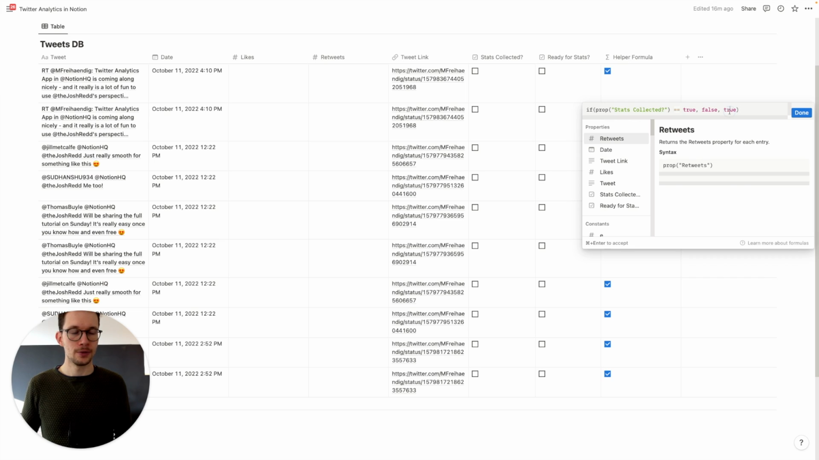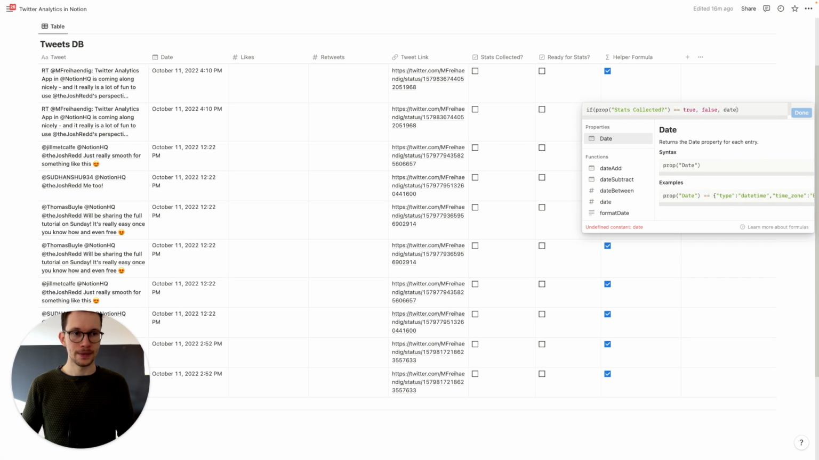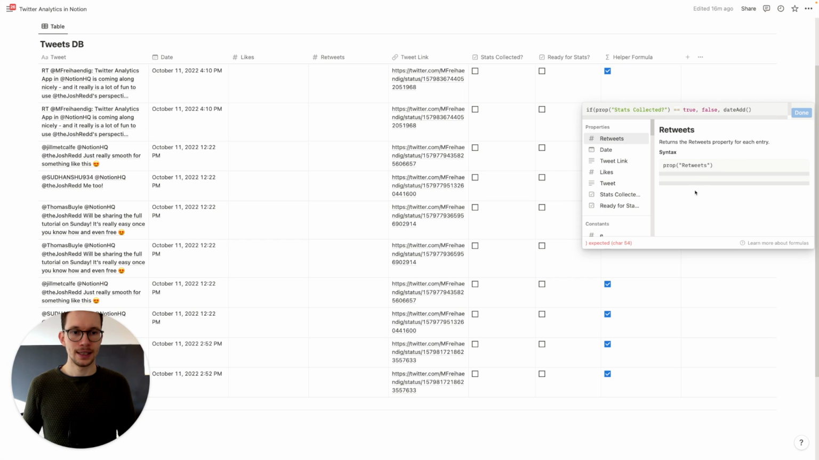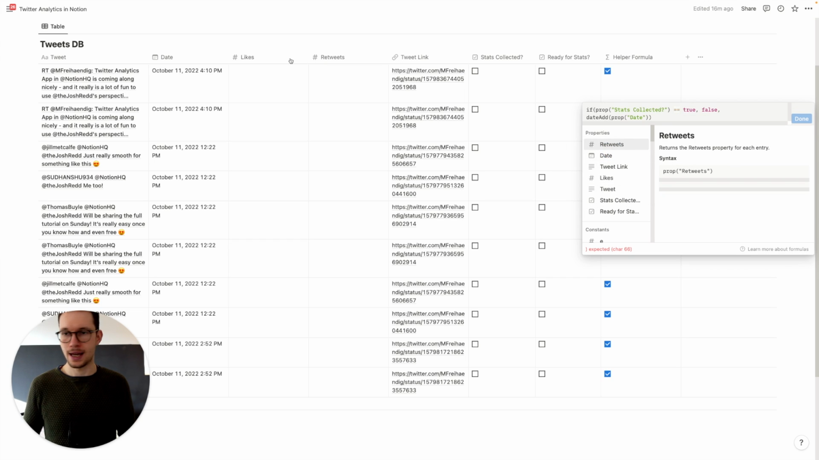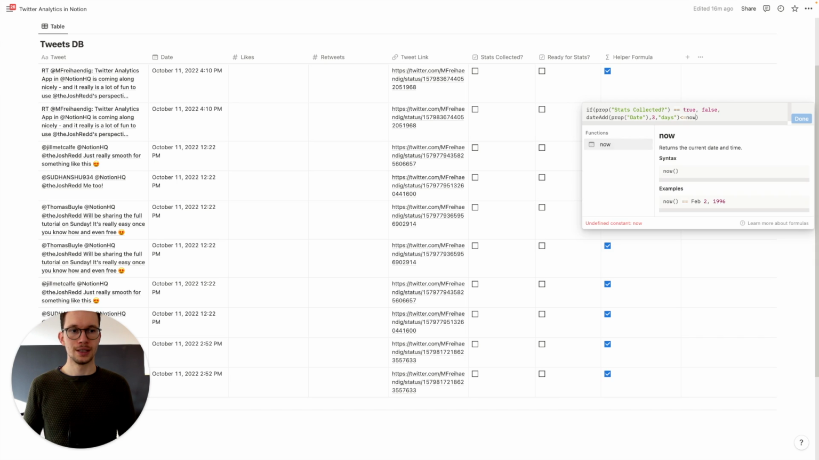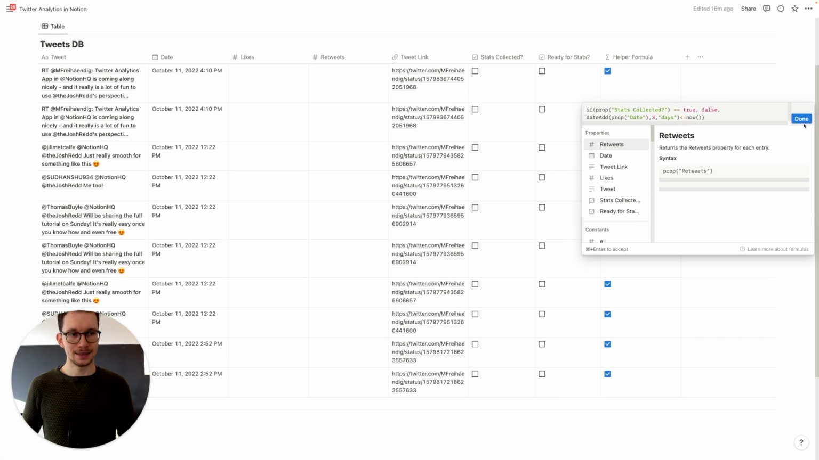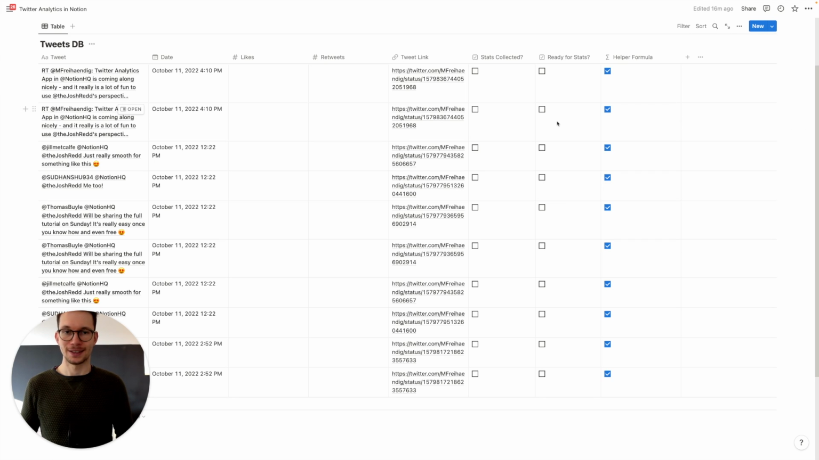So for that, we're going to modify this further and say, okay, date add, give me the date here that we have when it was posted, and add 3 days to it. And then check whether that result is smaller or equal to now. And if that's the case, then again, it will check, otherwise it won't check. So we see now nothing really happened because they are all more than 3 days ago, but we can see